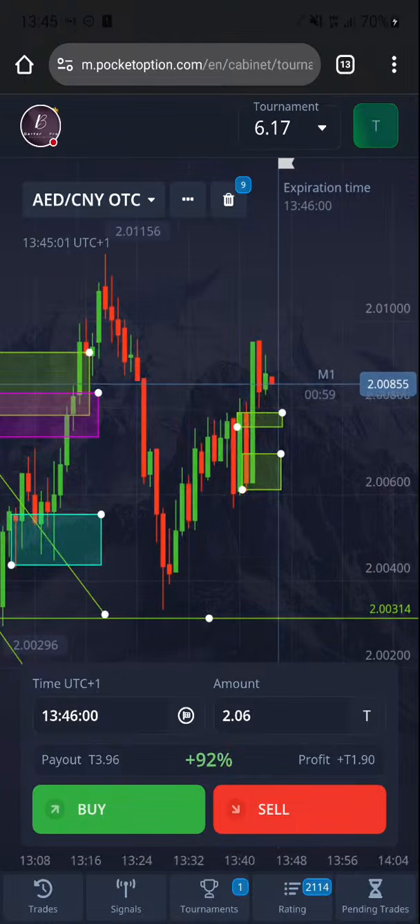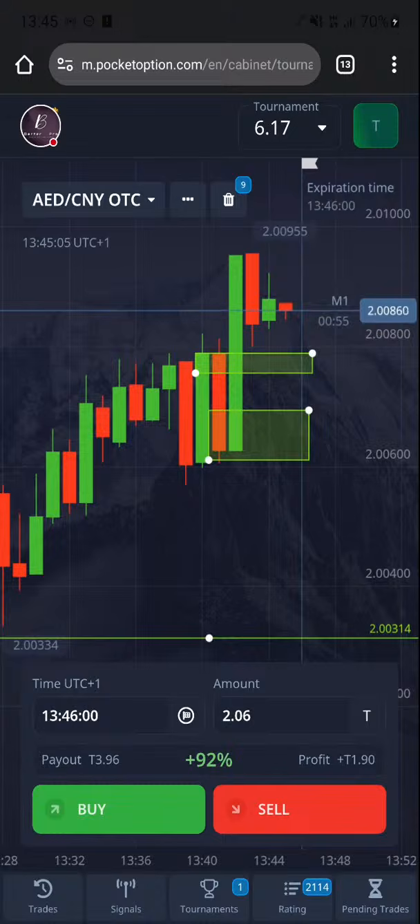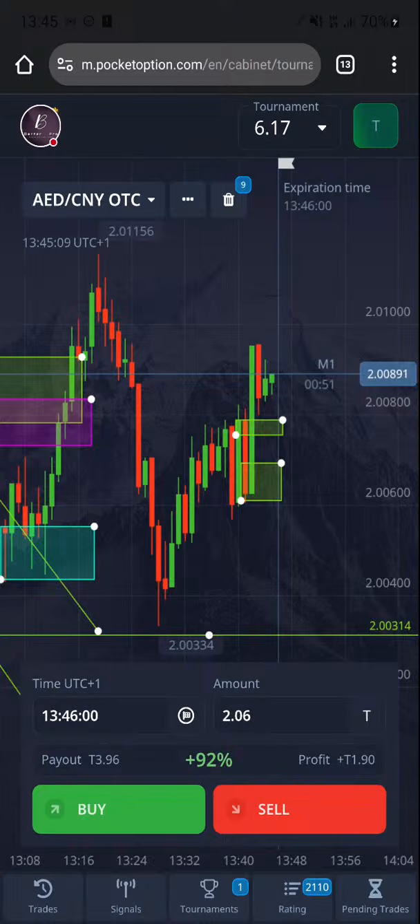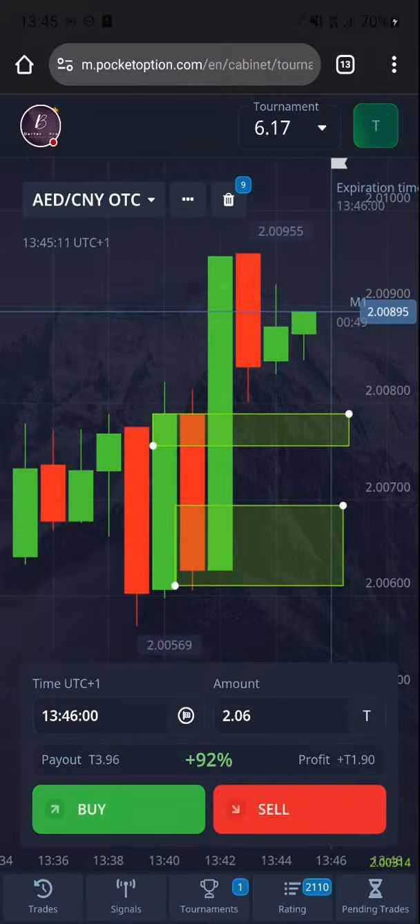Okay. No problem. I'm not going to take the trade again. This would have been a perfect trade, this particular red one. Because